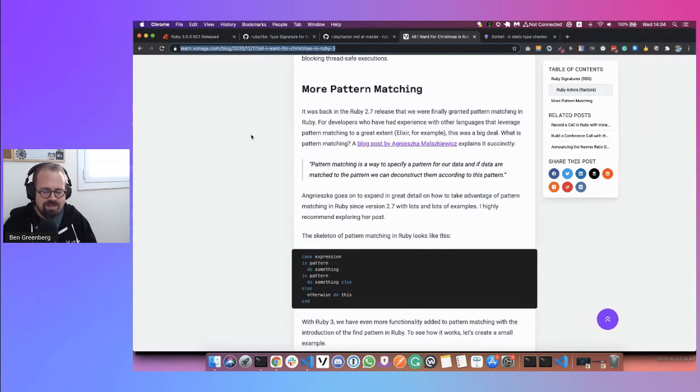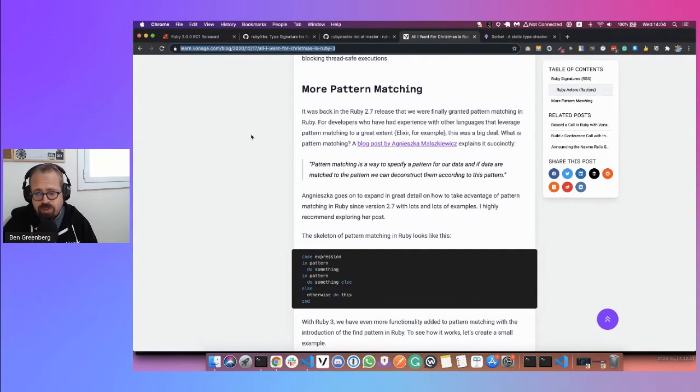So it's got that incredible concurrency, incredible power and speed, but none of the obtuseness of the Erlang syntax. It's got Ruby's human language and readability on top of it. It's beautiful. And one of the things that Elixir really does profoundly is pattern matching. And Ruby now in 2.7 allows us to start playing with pattern matching as well.